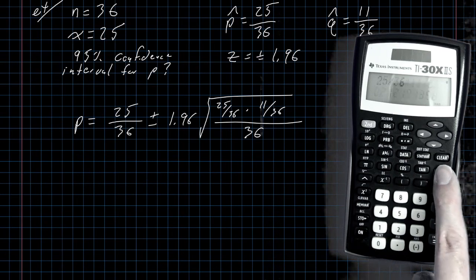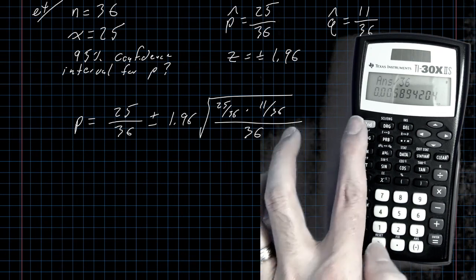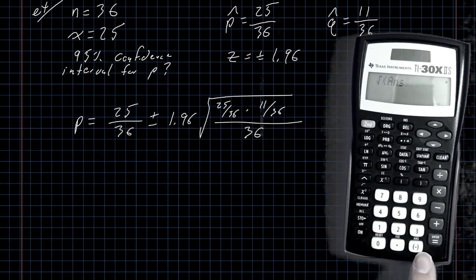I take that number and I divide by 36, and then I take the square root of the previous answer. On my calculator, I have this really nice ANS, which means take the previous answer. I can punch that into my calculator. I can get everything all in one go. And I get that the square root in question here